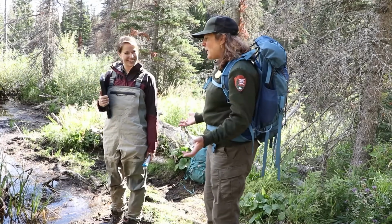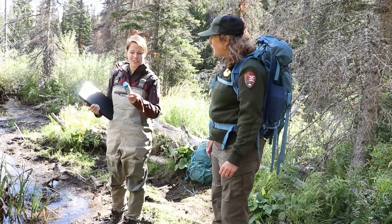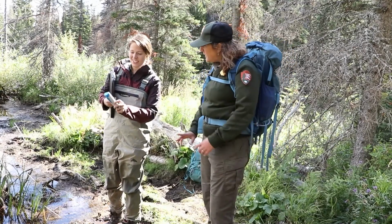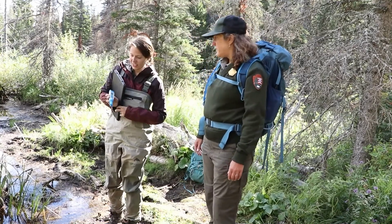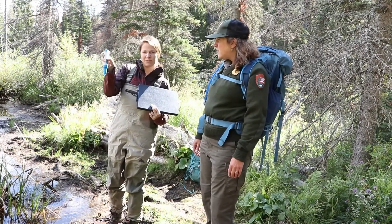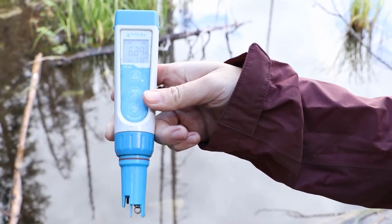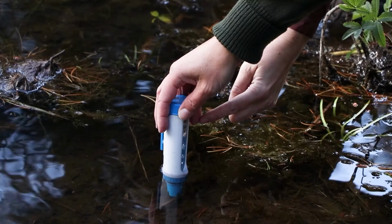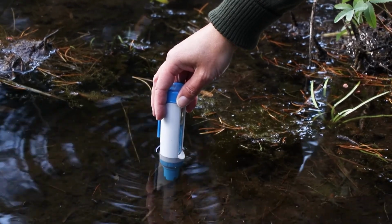So what are you doing right now? Well, I just got here, so perfect timing. The first thing we do is measure water quality at all of our sites. Okay, is that like a thermometer you're holding? Yeah, so this is our pH meter. It's a nice little cylindrical meter that's really easy to just insert right into the water. It's got a little probe down at the bottom, this little circular piece. So we can just stick it right in the water and it gives us the temperature, the